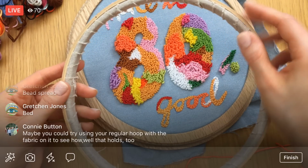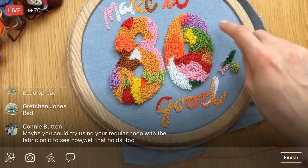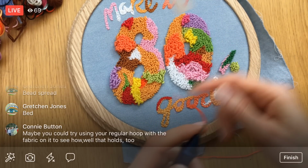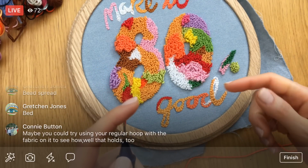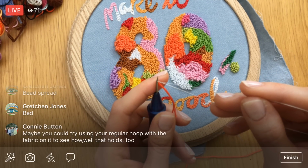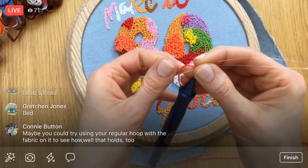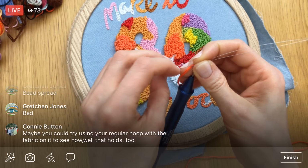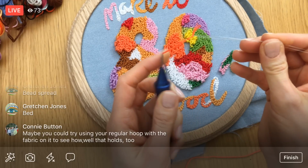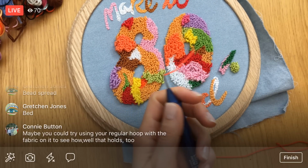So we're going to give that a try. I think this will hold the fabric easy enough. And I'll try and find some other fabric similar to the cotton canvas. Again, I'm using this jean fabric, but if this is all I can find besides my quilting weight cotton, then we'll just use this again. But we'll try out some different yarns and stuff. That'll be fun. See how far I can push it. See how thick of a yarn I can get into that larger needle. And if the needle will even punch through